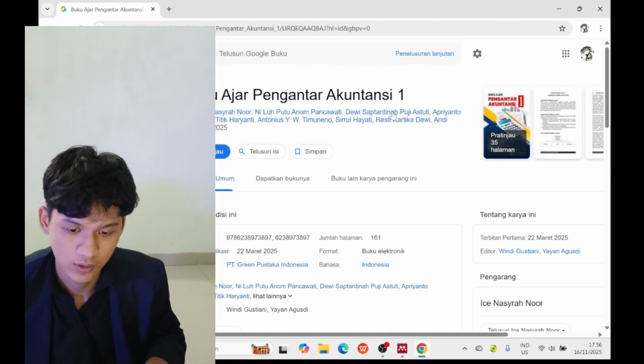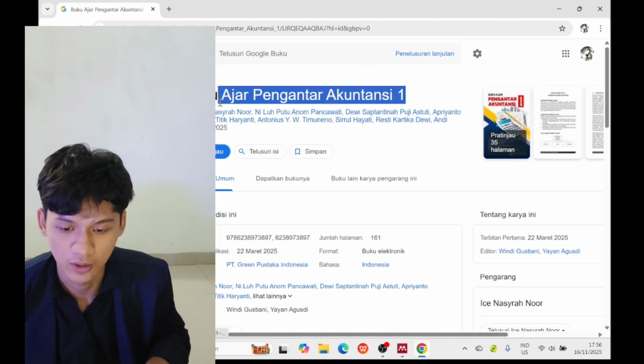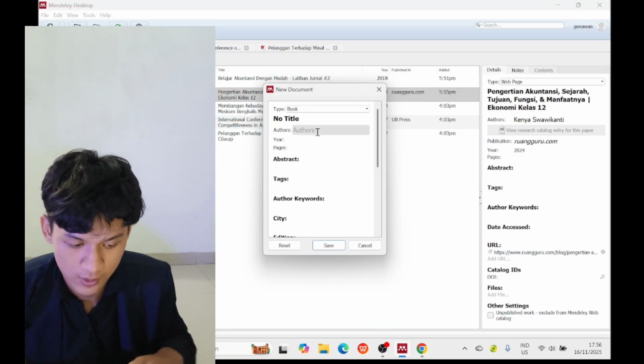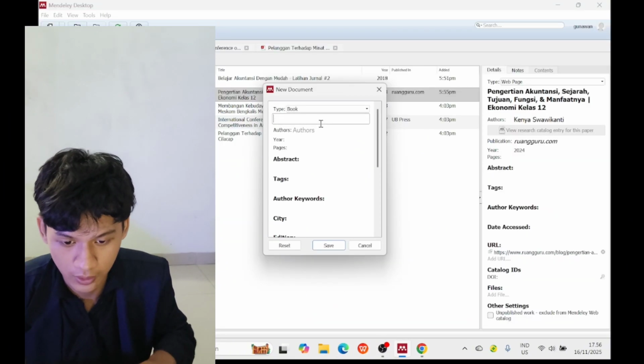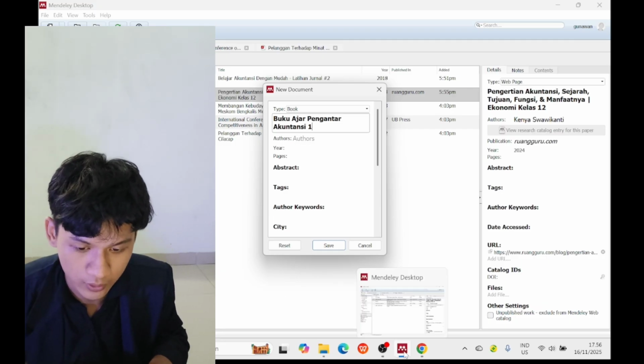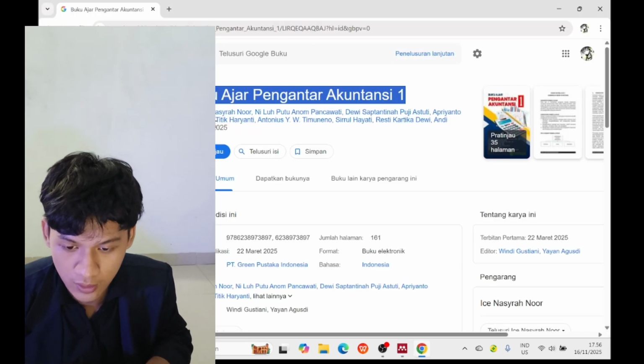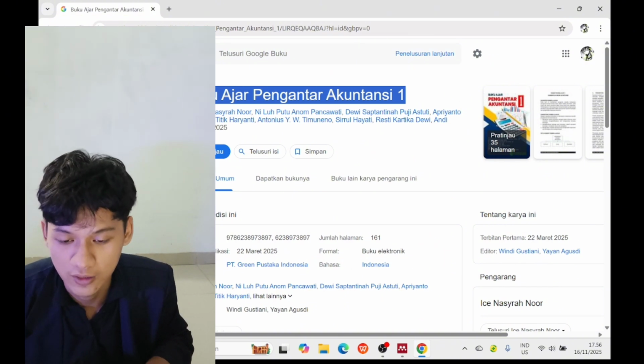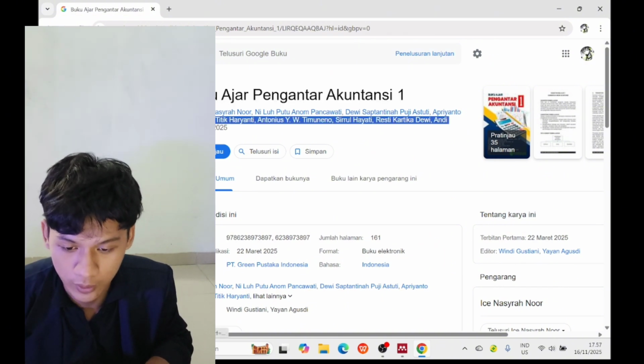So this is the title of the book. We copy it and we move it to this. Okay, and the name of the author. Like you can see, the names of the authors are very many, so we must add all the names of the authors.